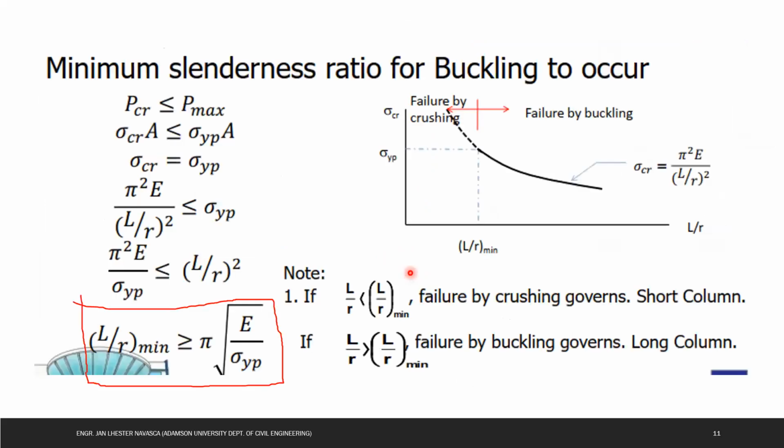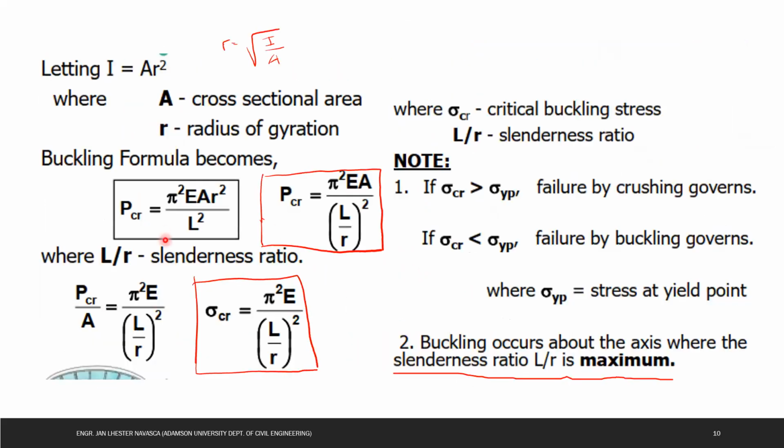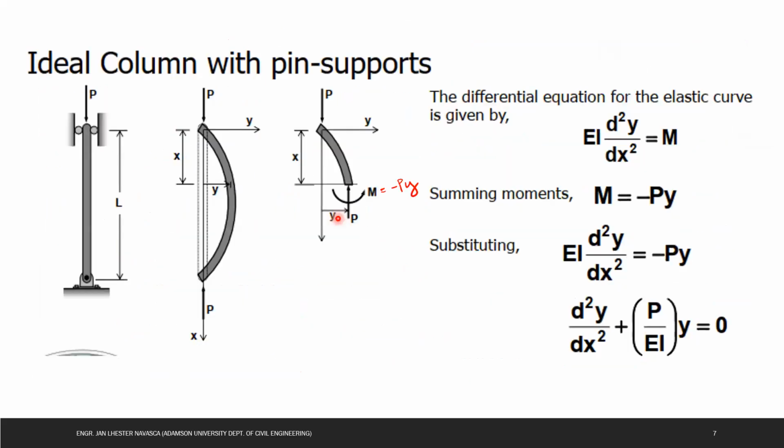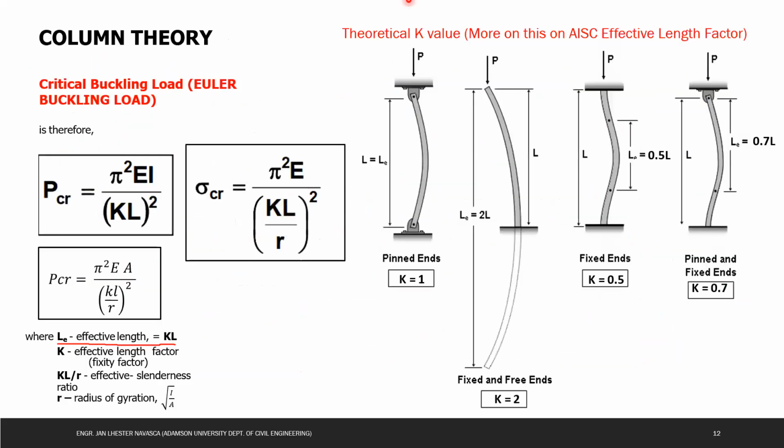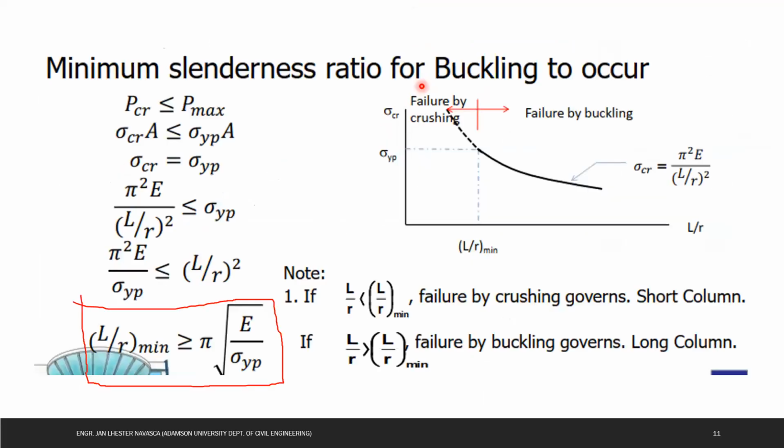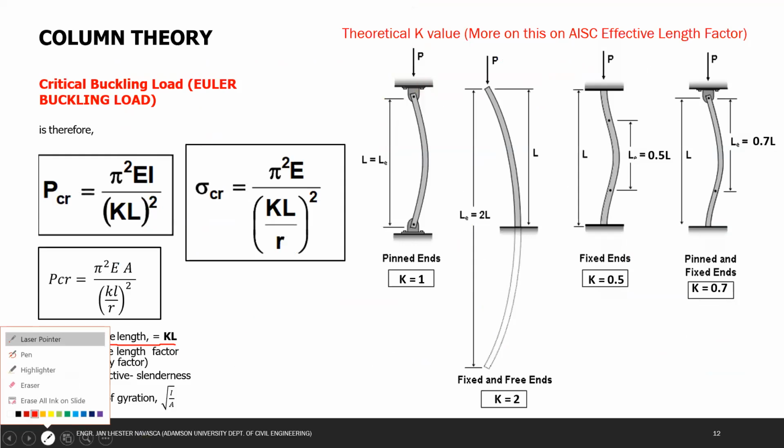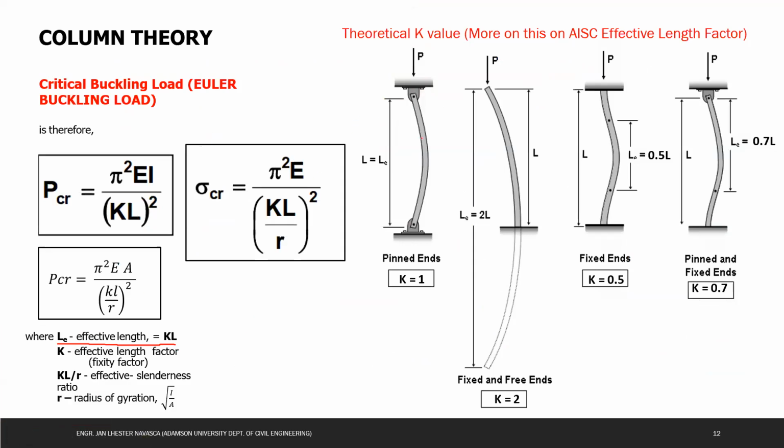That is why, if you recall our formula, it became just L for all of them, since the first assumption is both ends are pin. Okay, both ends are pin. If we apply a load to our pin-ended columns like this one, we are assuming that all the length is effective in buckling.